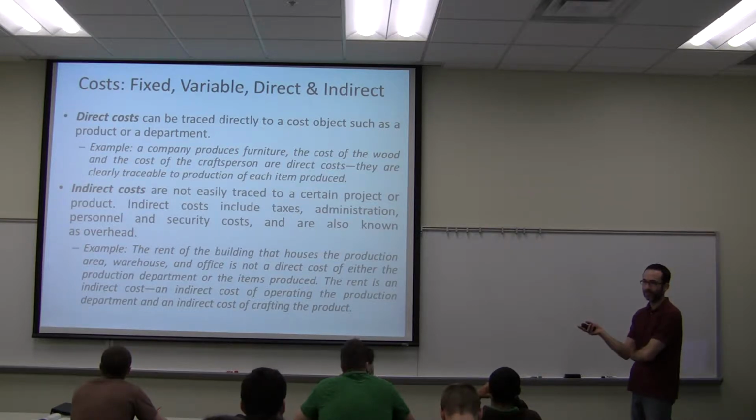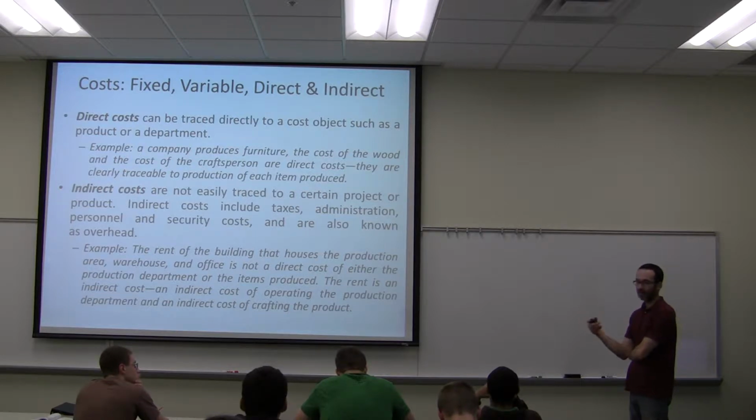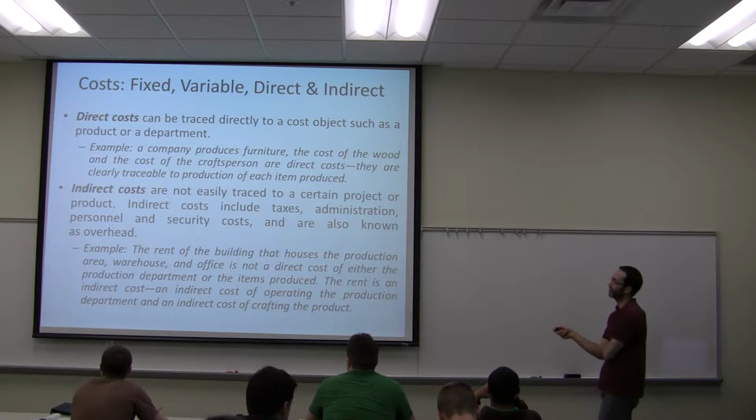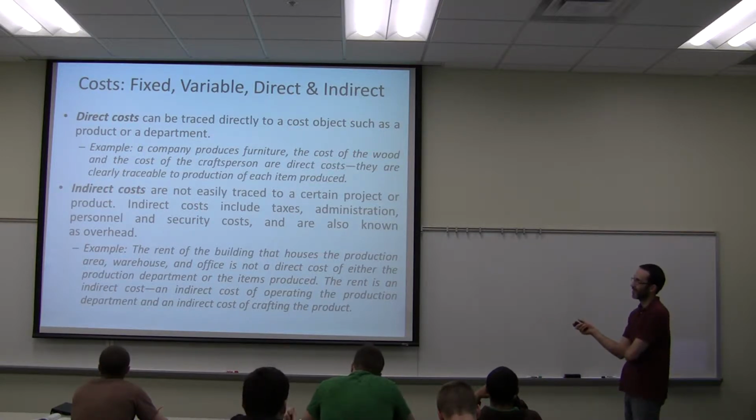And there is no, the taxes don't go into chairs, but labor goes into chairs, wood goes into chairs, upholstery, fabric. And so how much administration goes into making a chair? Don't know. Security. And so you can divide up these costs and find out, if you're making 1,000 chairs in a month and you know what your security costs are, you can allocate it on a per item basis, but